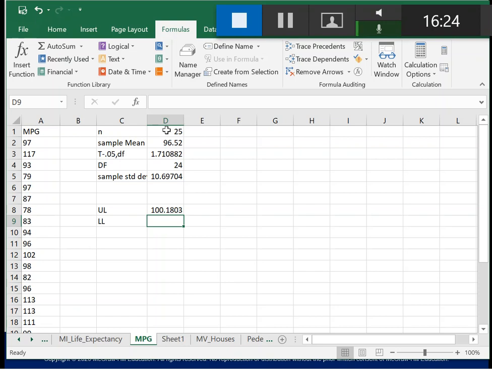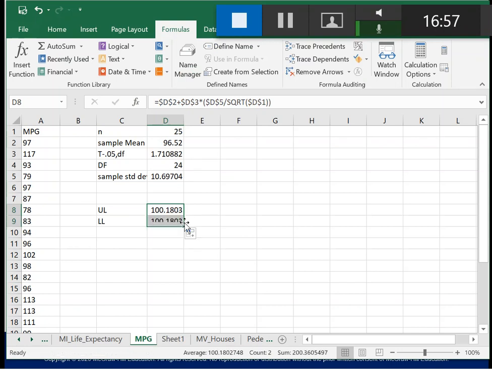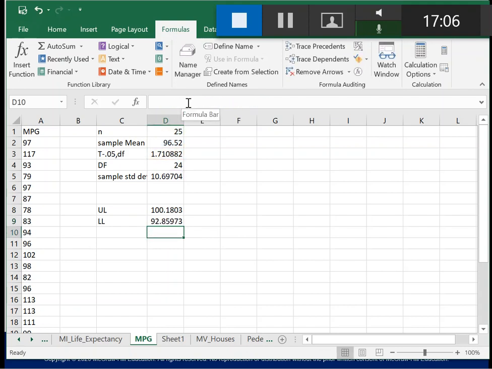And then the lower limit is the exact same score. So here's the exact same formula, except I'm going to subtract instead of add. I'm going to go back up here to this formula, and I'm going to press F4, which adds those dollar signs, which makes it an absolute cell reference, so that when I drag the formula, it won't automatically change those cell references. So I'm going to add all of my cell references here with F4. Notice it didn't change the value. And now when I drag it, notice that all my cell references stayed the same. So now all I have to do is change this plus sign to a minus sign, and my lower limit is